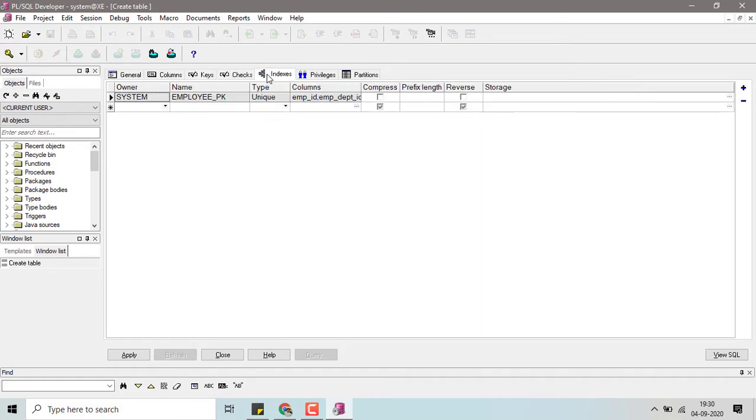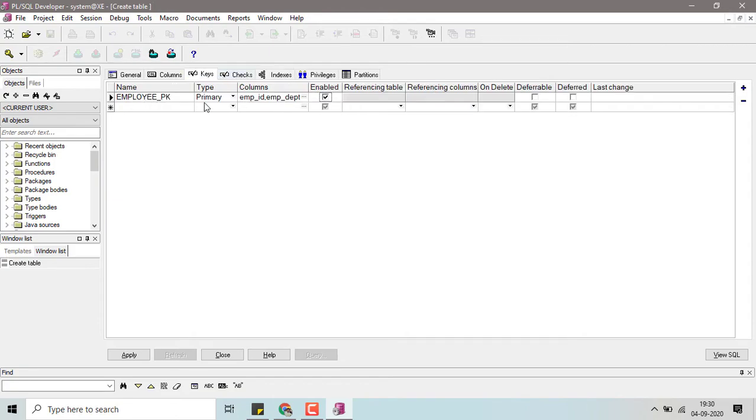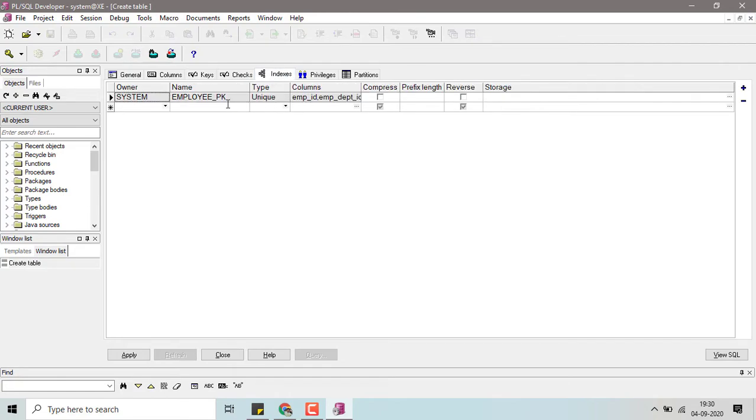After that, indexes are there. If you want to add indexes, you can add them. Since you have created the primary key, by default Oracle creates indexes based on the primary key, that is, a unique, system generated index. So the index columns are employee ID and department ID. Apart from that, if you want to add a new index, you can do so by clicking the add button. Right now I don't require any indexes.